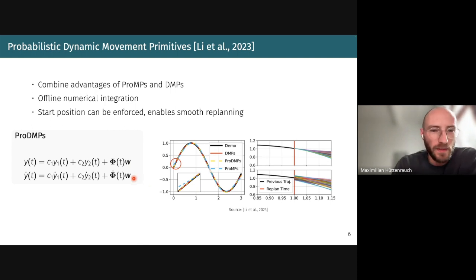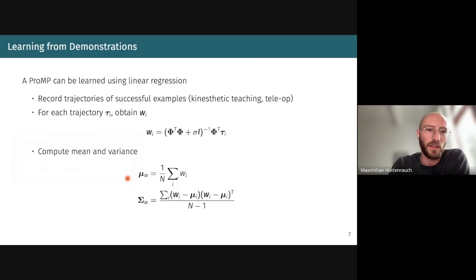So maybe you guessed it already. What actually defines the task, or what solves the task, is W. And the question, of course, is how do we get this W? One approach is if we actually have good trajectories recorded from examples of